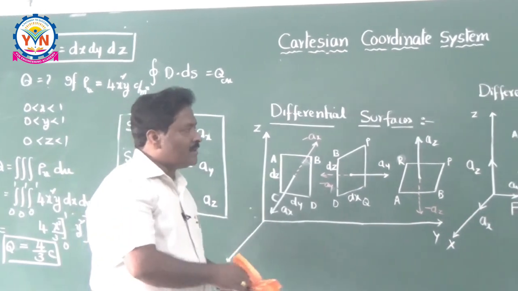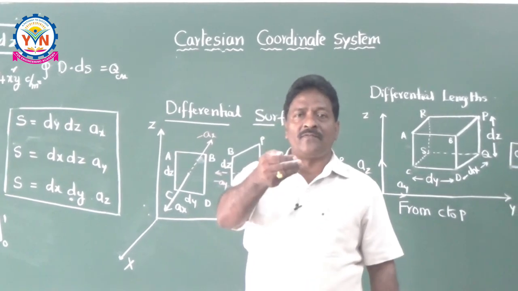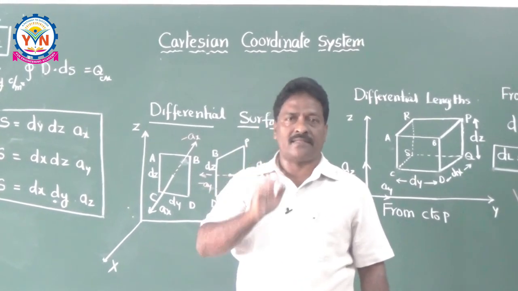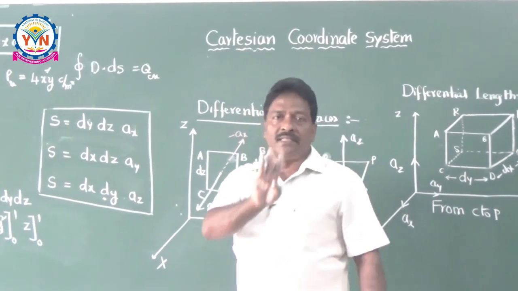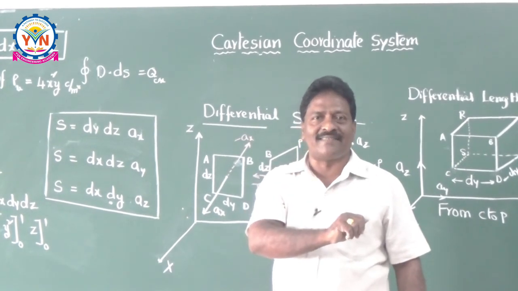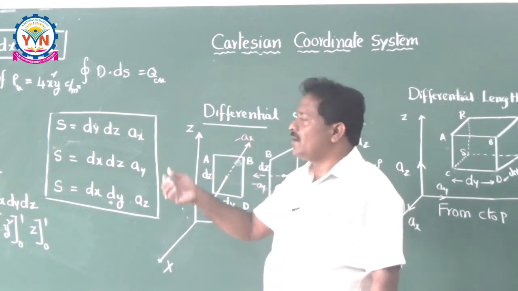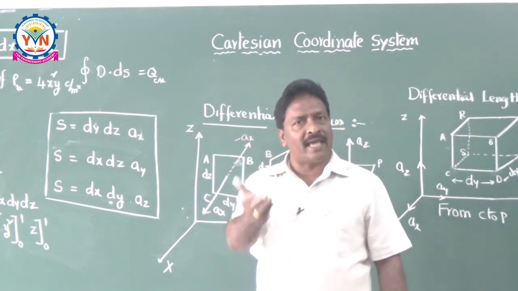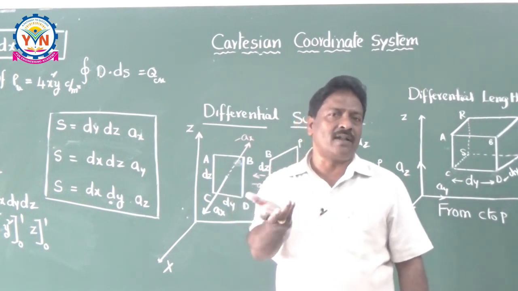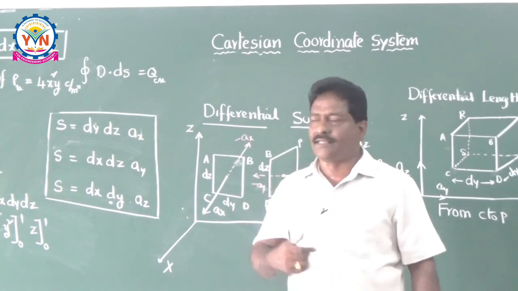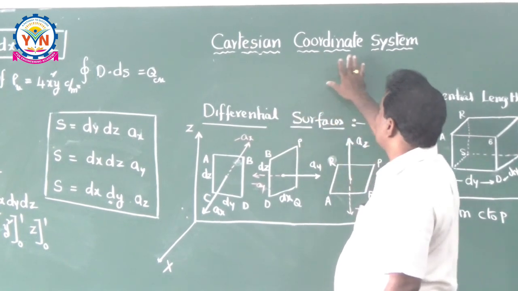And remember friends, the Cartesian coordinate system is the simplest coordinate system because you are always specifying the address of a point using distances. Those distances are nothing but x, y, z, and these three coordinates are always mutually perpendicular to each other. The angle is always 90 degrees. That's why you have the unit vector properties: ax dot ay is equal to 0, and ax dot ax is equal to 1, because theta is 90 degrees in the first case and 0 degrees in the second case. So this is the way of understanding the Cartesian coordinate system.